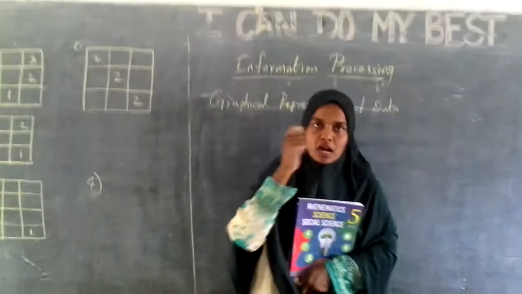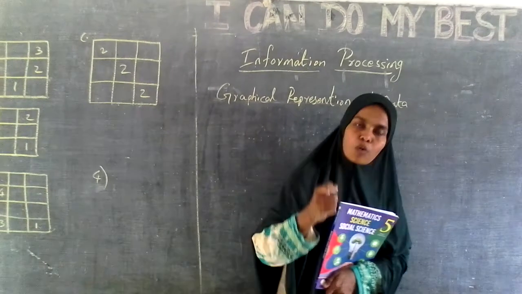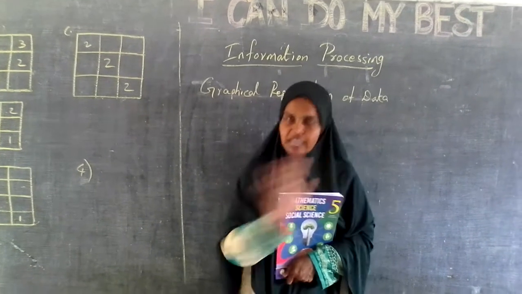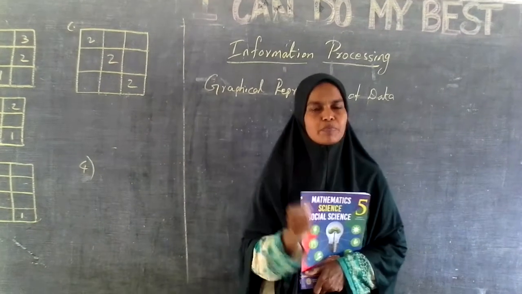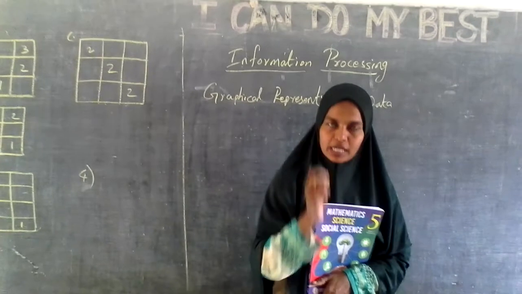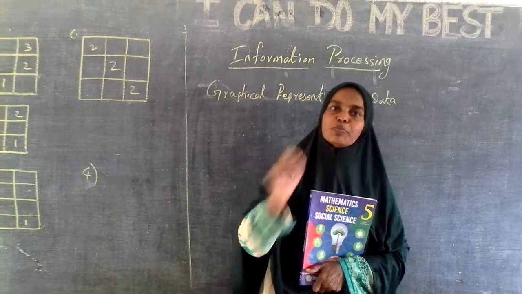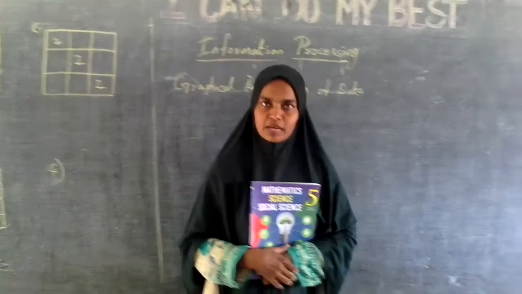Okay. So information processing. Learner can count, compare and imagine the information to process. That's it. Information processing is very simple. Once again I will repeat it. Learner can count, compare and imagine the information to process. That's all. I have done it here on the table now.